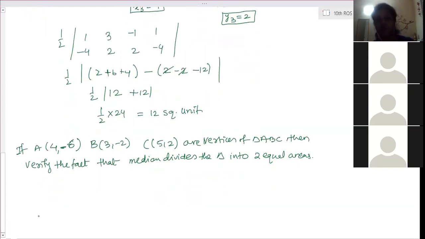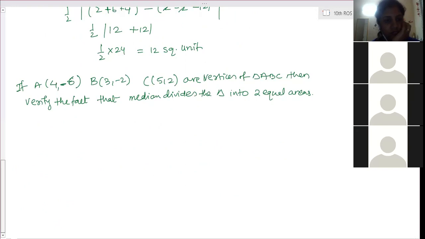So what you have to do is read the question first and tell me what has to be done. Ma'am, I think you find the midpoint between B and C, join it, and calculate the area of both parts to see if they are equal. Yes. ABC is a triangle. You have to draw a median, that is D. So these coordinates you have to calculate, and you have to show that the area of ADB and area of ADC are equal.